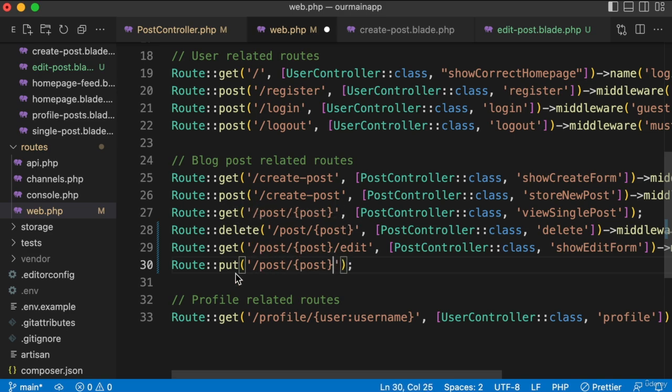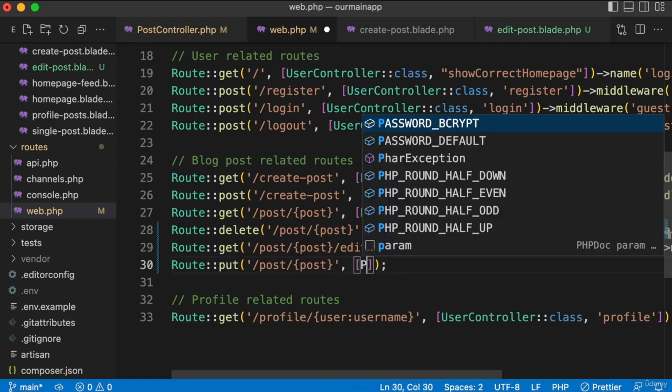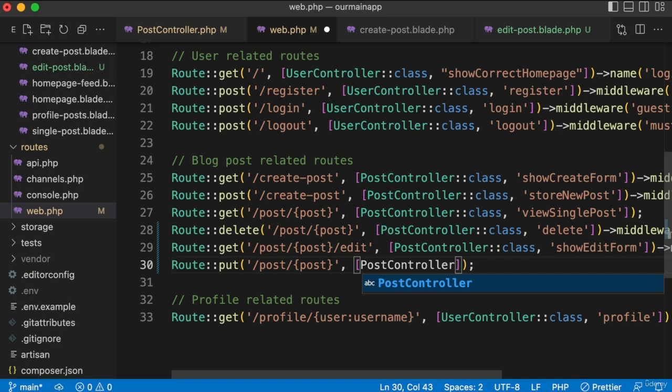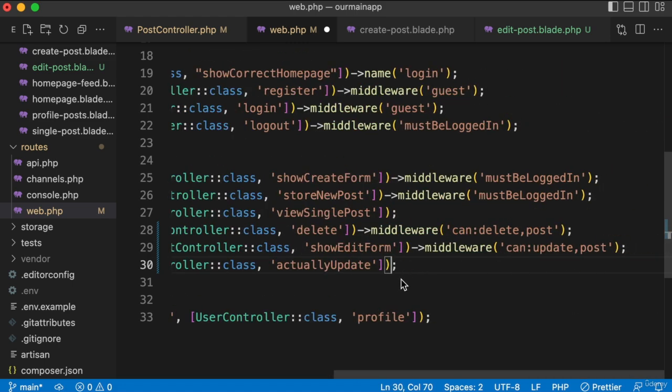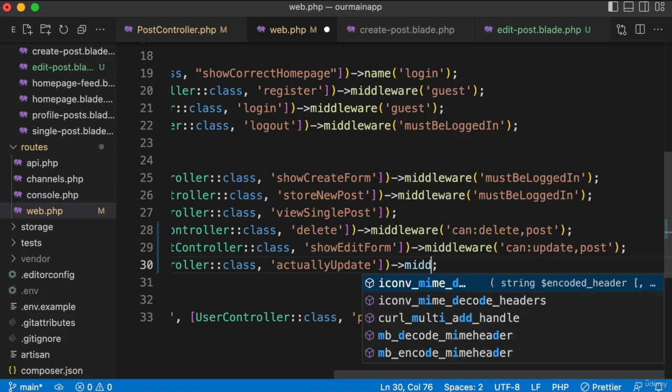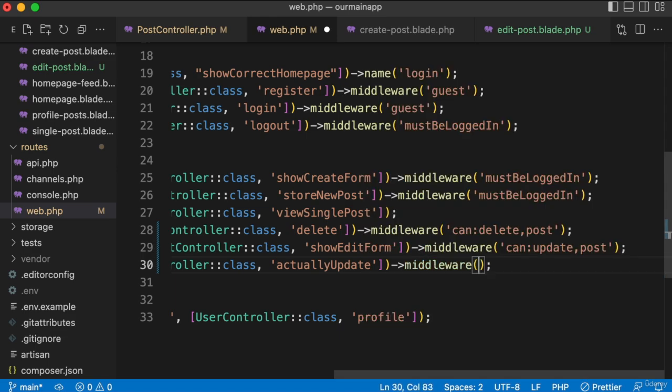Same as this, only it's a PUT request instead of a GET or delete request, comma, an array, PostController::class. Let's make up a method name. Let's call it actually update. Okay, and then again at the end here, we would just call middleware to check the permissions based on our policy. So middleware quotes can:update,post. Let's give this a save, and now let's go add these 2 methods to our post controller: showEditForm